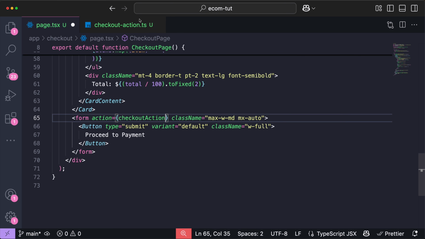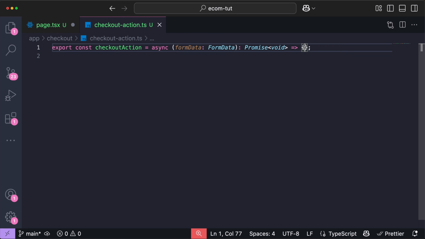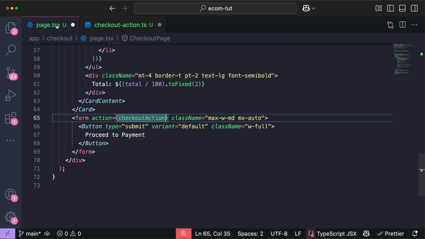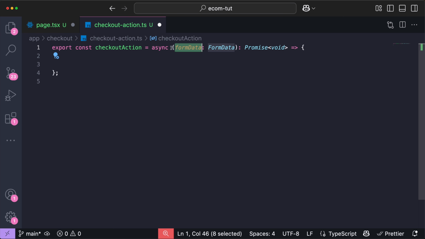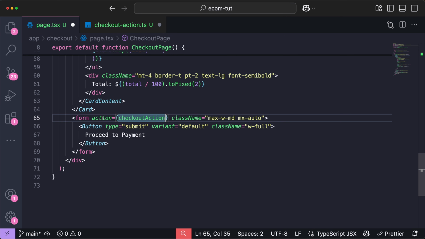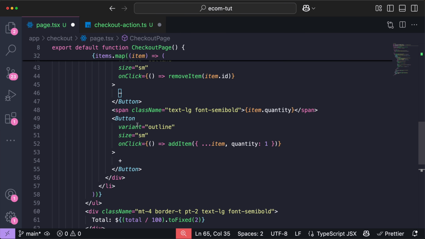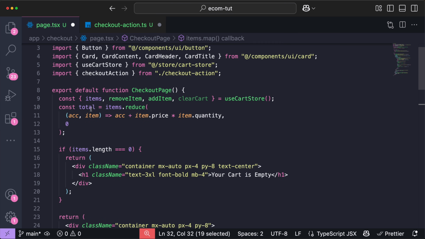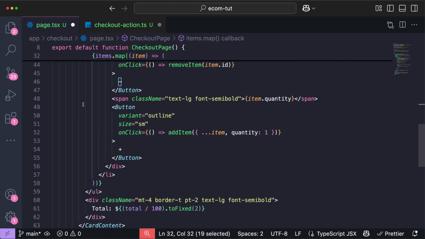Now, what I want with this checkout action is to have access to the items in our cart inside of here so that we can then send this to Stripe. To have access to that, I need to pass the items through the form data, right? And the form data automatically goes into this function because we passed it into the action of the form. Now, to actually send the items in this array over here, the items in the cart, to this form action,